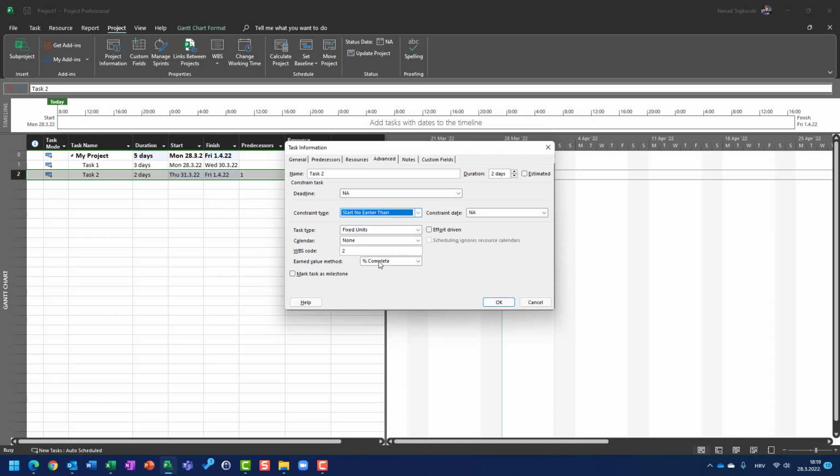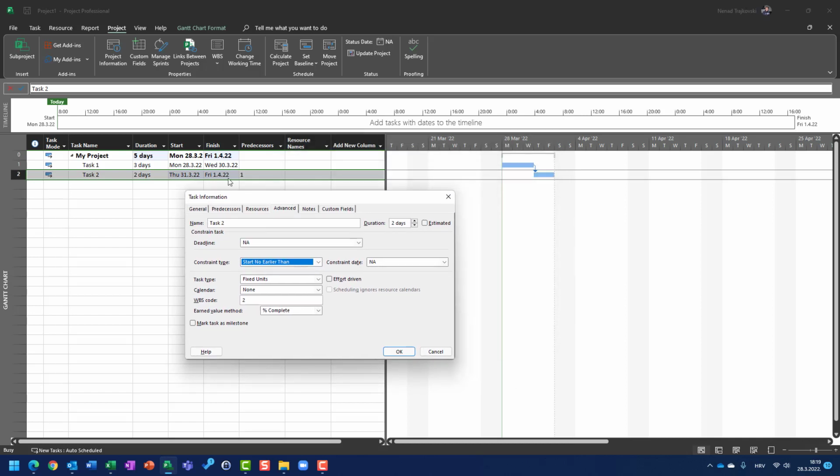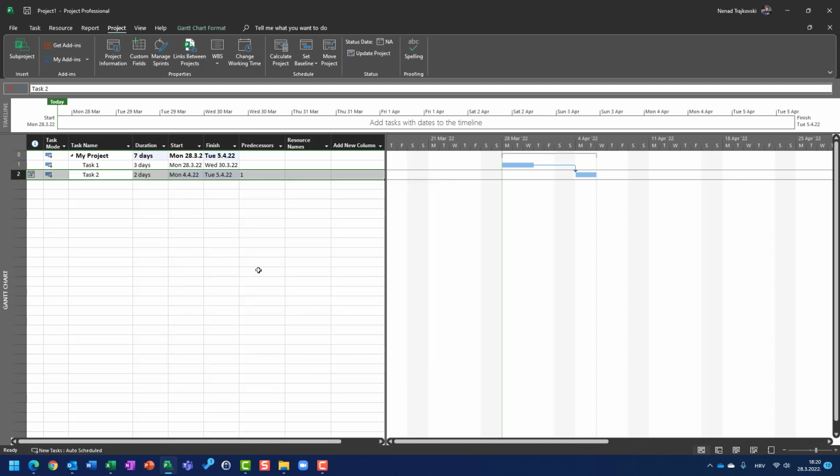For some purpose, let's say the task 2 cannot be started before April 4th. So I will here choose constraint type start not earlier than, but at the same time I should set constraint date. And constraint date is Monday, 4th of April. If I say OK, you will see that the task will be moved,